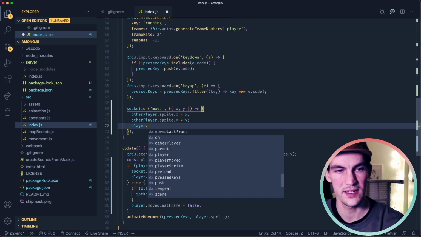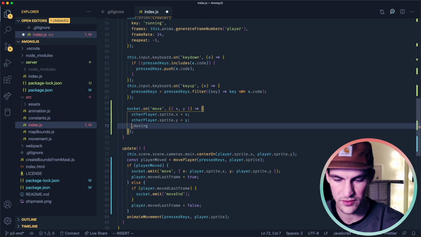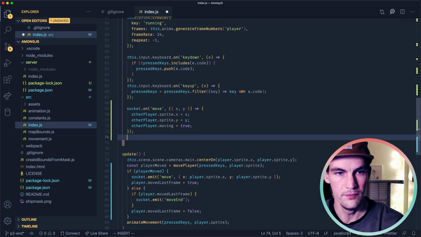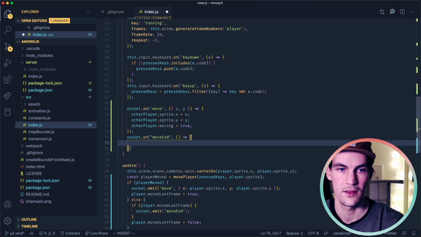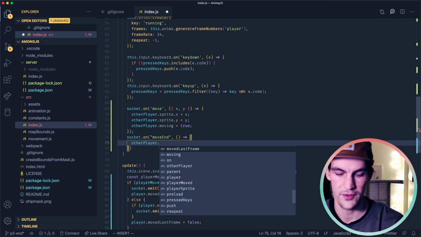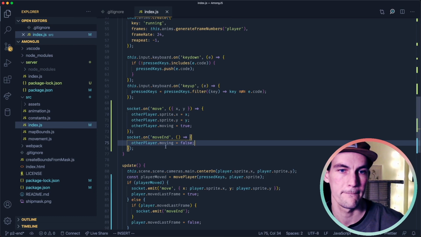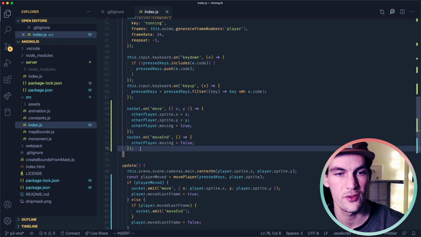Let's keep track if this other player is moving or not. otherPlayer.moving is true. Socket.on moveEnd: otherPlayer.moving is false. So now we've updated the values on the other player object.